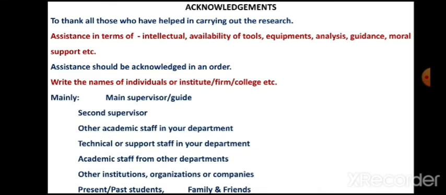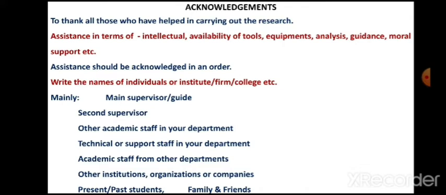Now, let me tell you a standard format, mainly from whom you should start. You should start by acknowledging your main supervisor or your research guide. You acknowledge him for providing assistance, intellectual assistance, for providing help. Then acknowledge the second supervisor if there is any.